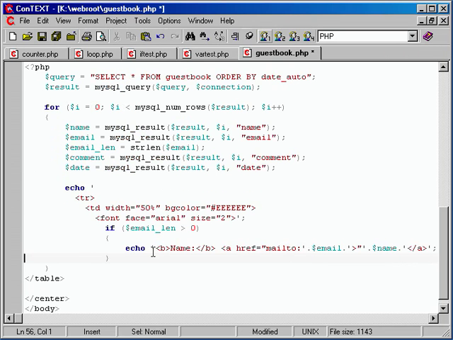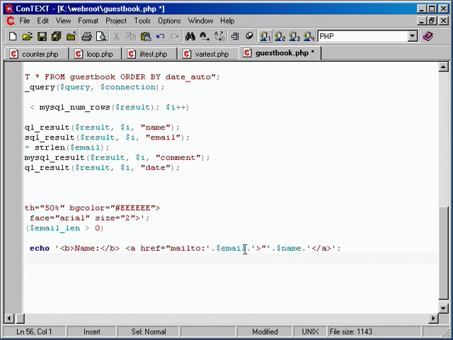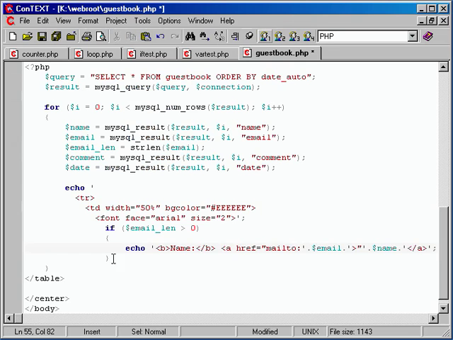So we echo out name and then actually create a link to their email and then write out their name for that link. Now, if they didn't put an email and email len is 0, we'll use else,